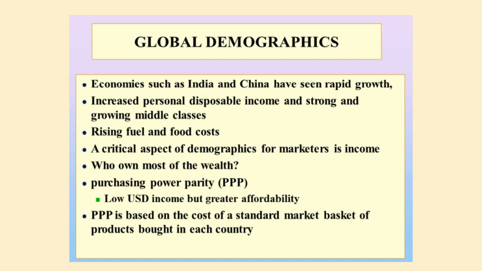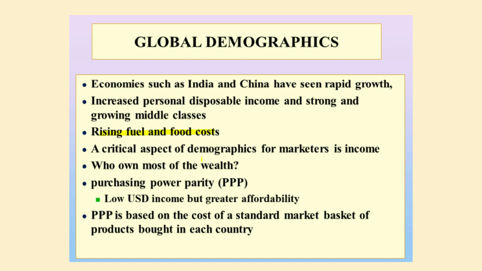For example, rising fuel and food cost is an issue in multiple countries. But the important thing is, what is the purchasing power parity, or how much people can actually afford the product. So what companies are doing is innovating in a manner that they may not offer anything at the same price that they offer in their home countries, especially Western countries, or in USD terms; they may be offering different products. Similarly, China is doing that. China is offering products for various demographics all across the world. What they are sending to the USA is different from what they are sending to some other third world country that has less affordability. And within China, you can also see some such products.